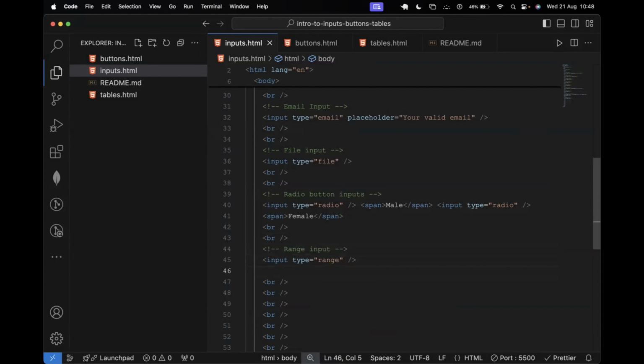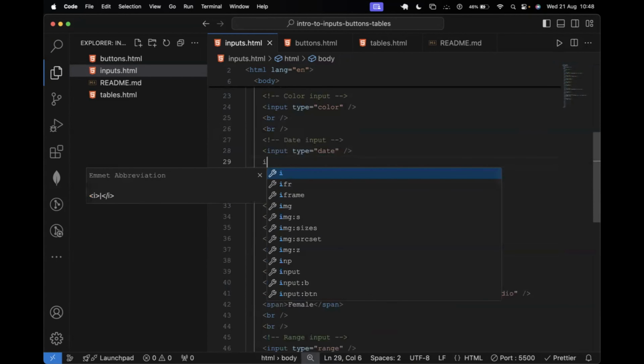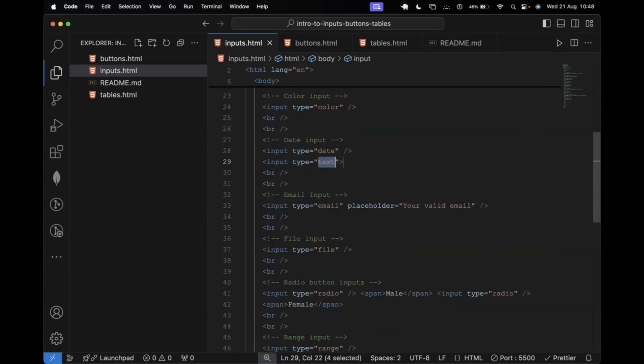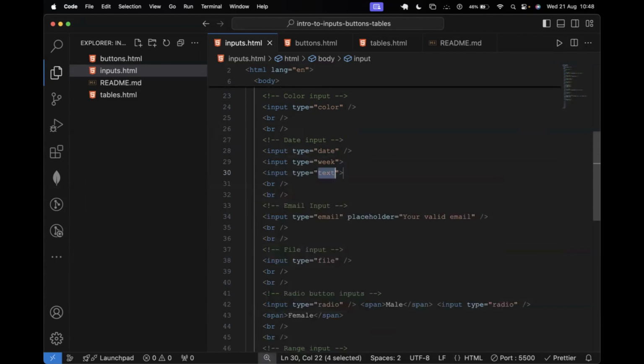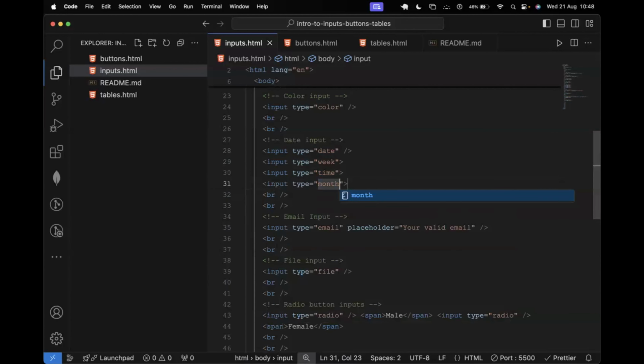Let's look at another one. For the dates, let me actually group them together. For the dates, you can also have other inputs that are mostly week. And let me have another one, which is time. Let me have another one of month. All of these are related to dates, right? Let me just say date and week and month, week,